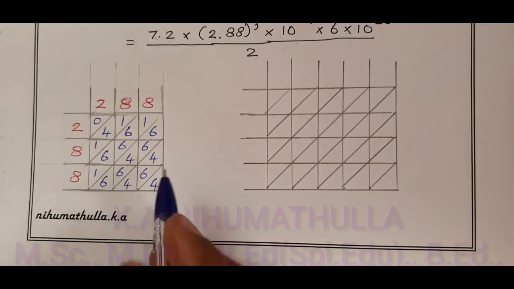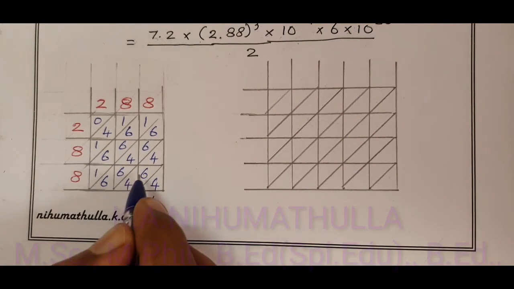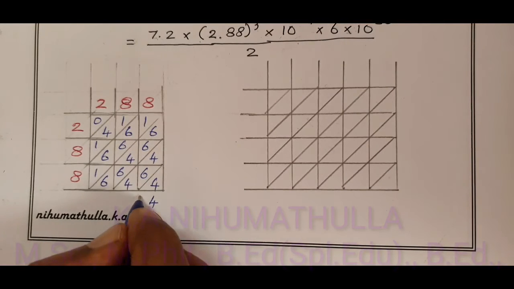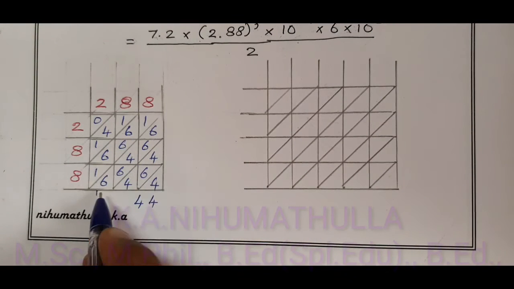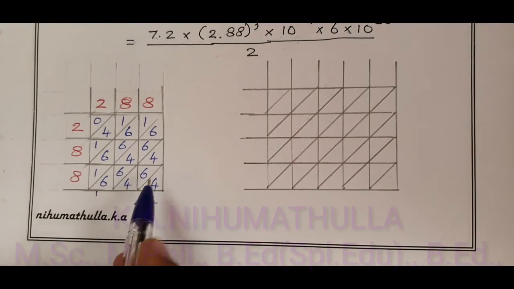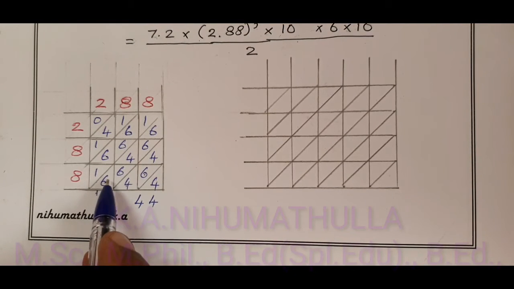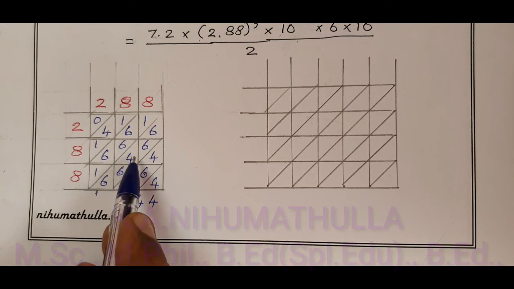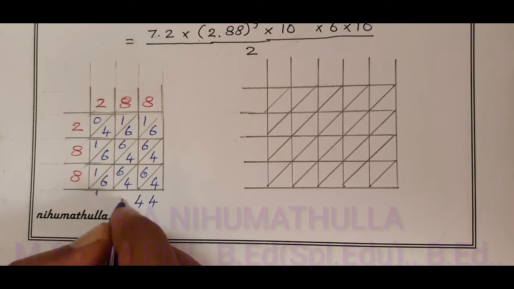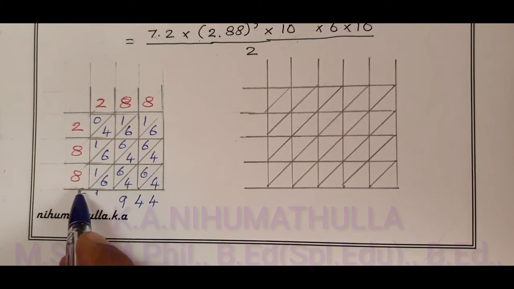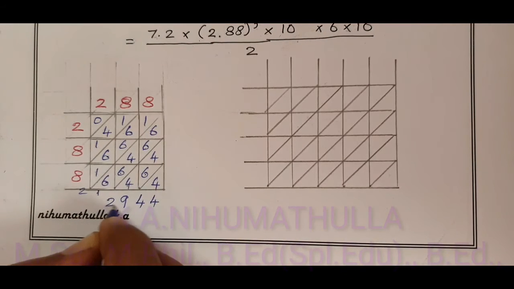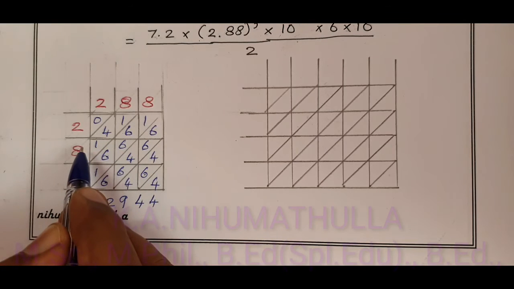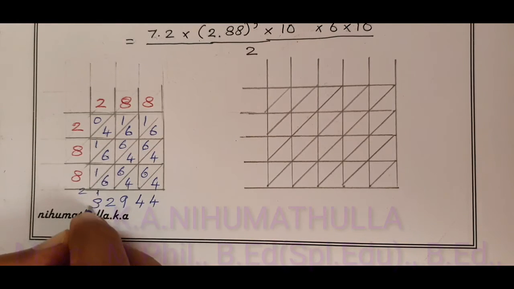Then we have to add all the columns. Here you have 4. Then 10 plus 4 equal to 14, remaining 1. Here 1, 10, 20, 26 plus 1 equal to 27. Here 10 plus 4 equal to 14, remaining 1. Continuing the addition, 29, remaining 2. 2 plus 1 equal to 3, and so on, giving 82944.